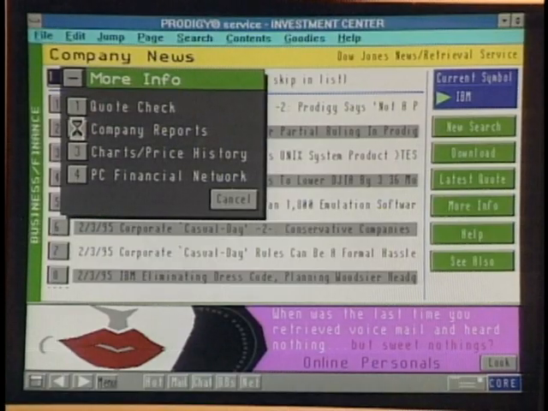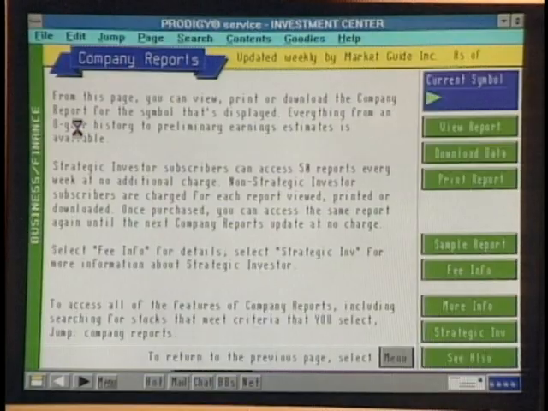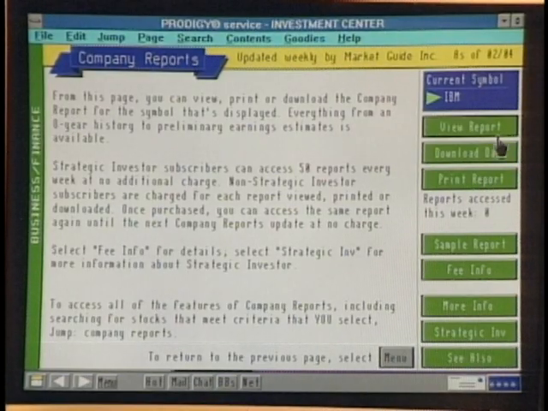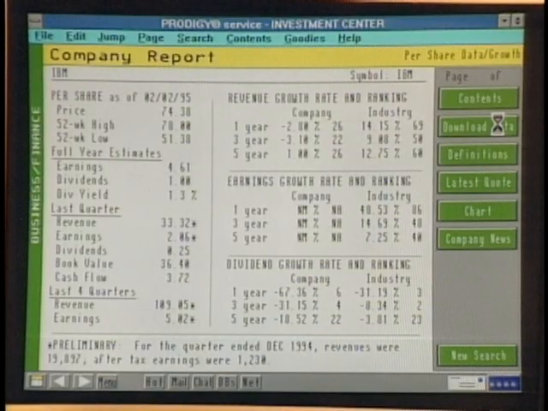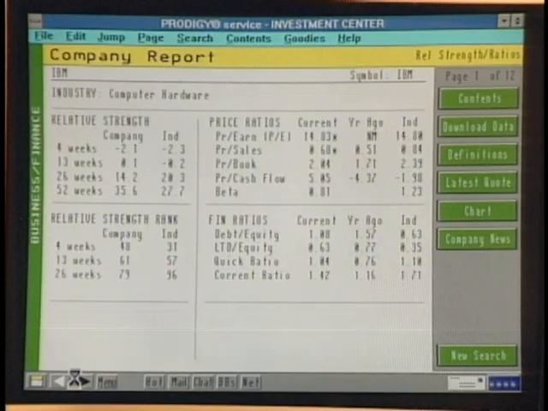And if I want to dig real deep and just get a lot of those hard numbers, you know, the analysis kind of stuff. Then you want to grab your company reports online. And as you notice, this is all integrated. We only type the company in once, and here are dozens and dozens of pages of thousands of data on the company that really lets you do your thorough research.